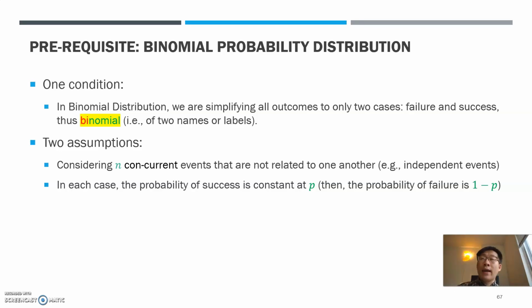It doesn't help you calculate everything. It only helps you figure out a certain type of events that fits into its description. What are the descriptions? Which I'm going to explain now. Okay, so in binomial distribution, we're simplifying all outcomes to only two cases. You may have many different types of outcome, each outcome can be labeled as 1, 2, 3, 4, 5. No, in this case, we're only considering